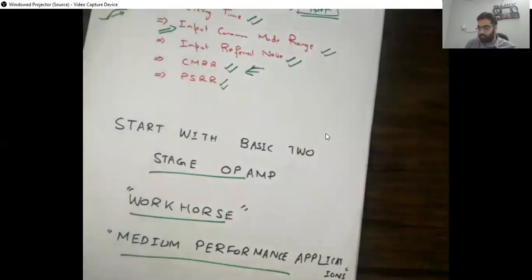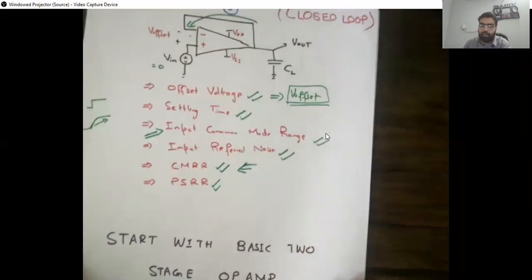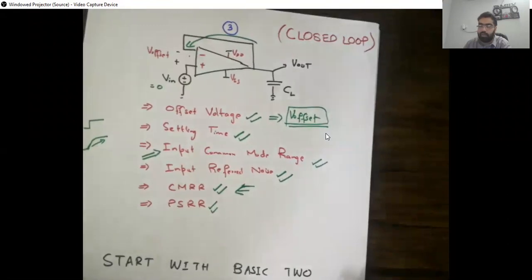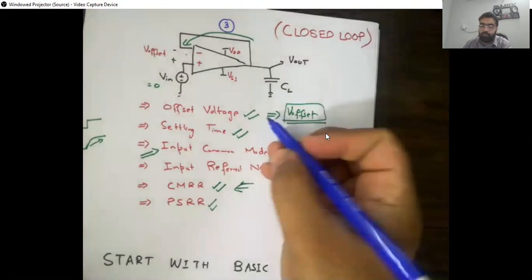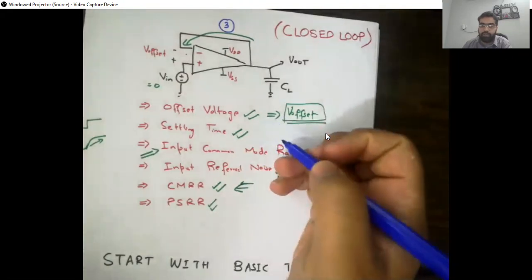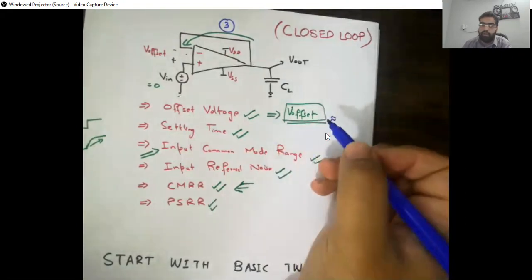In the closed loop configuration, something you can get from the feedback, from the unity feedback, is the offset voltage. What is the offset voltage of your system? That is one of the main important topics, and you want it to be as low as possible with your configuration. In the next lecture, we are going to talk about how we can reduce the offset voltage.